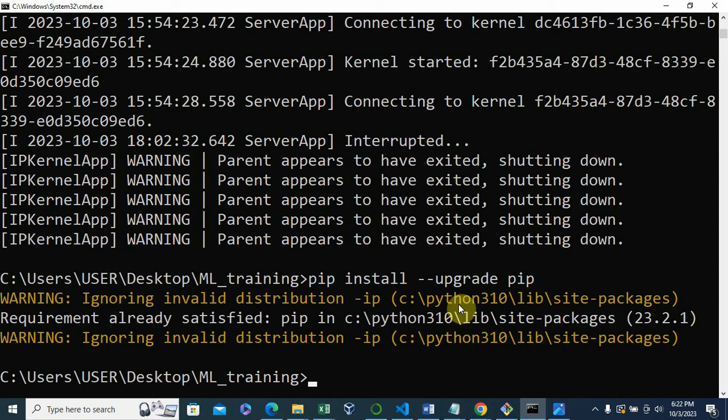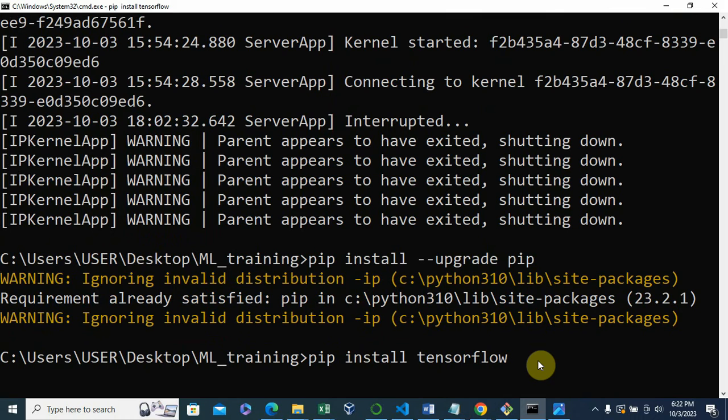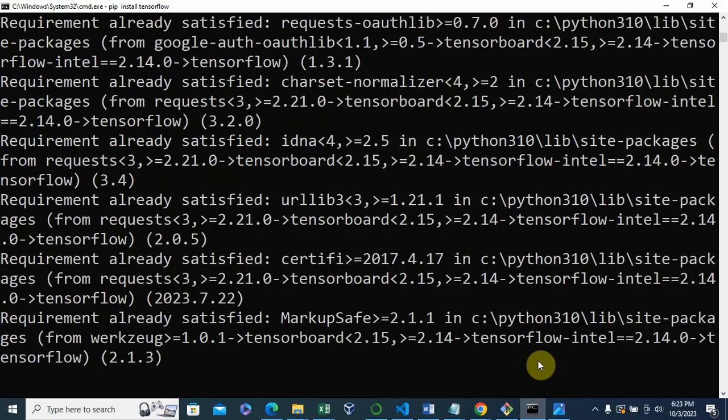All right, so the next thing we're going to do will be to install TensorFlow itself, which will be pip install TensorFlow. Pip install TensorFlow. So you do that to have our TensorFlow installed.